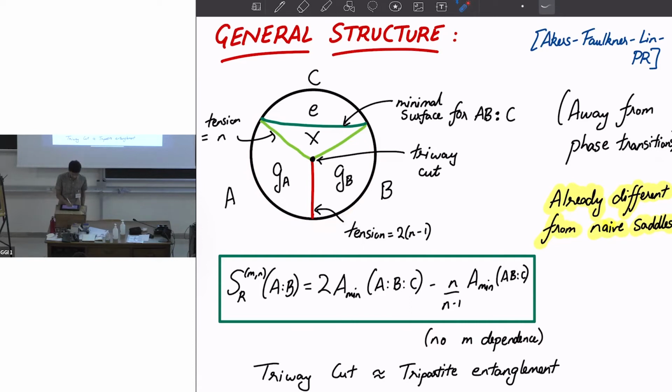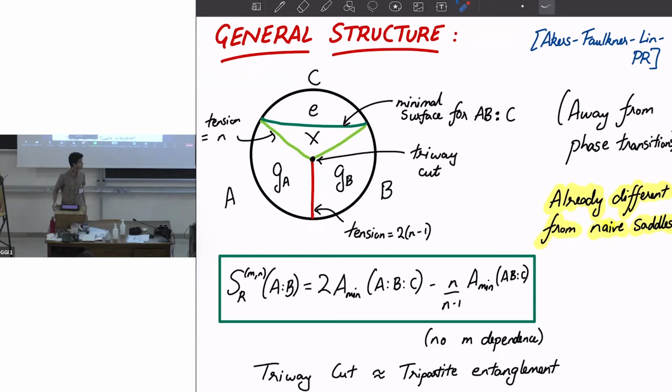The identity acts on C, and so there's a domain attached to C where the tensors permute via the identity. Similarly, there's a domain of GA anchored to A, GB anchored to B, and there's some tension between them. But more so, there's this X saddle that shows up in between. So this X marks this region in between all of these surfaces. And there's some tensions you can assign to each of these domain walls, which comes essentially from the distance, the Cayley distance on the Cayley metric.